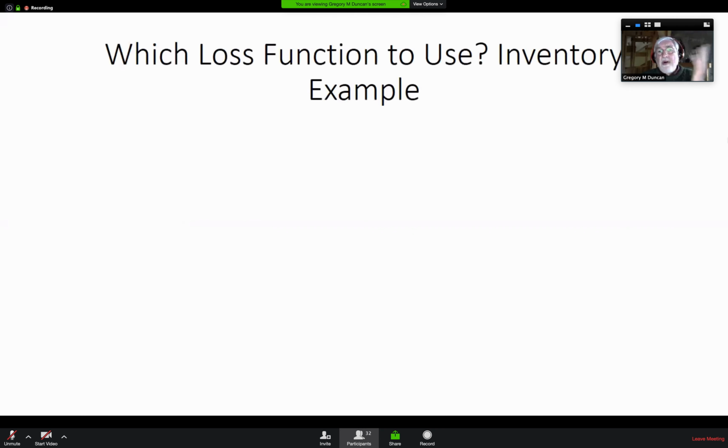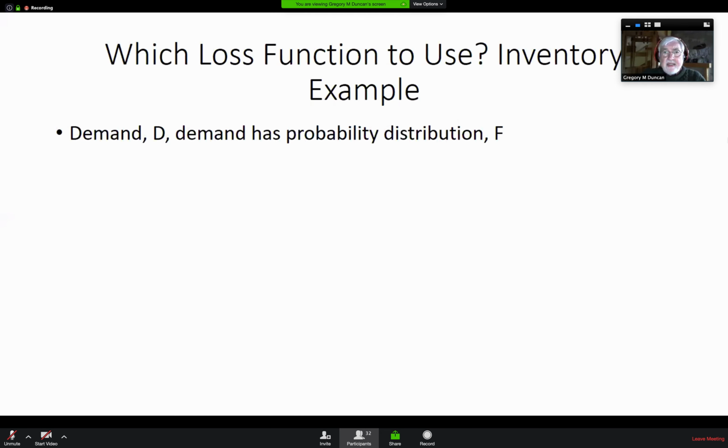Okay, so which loss function to use? And I'm going to give you an inventory example. Okay. We have demand for a product. Think of it as Nike shoes, maybe. And this demand has some probability distribution function. That is, we could answer the question,